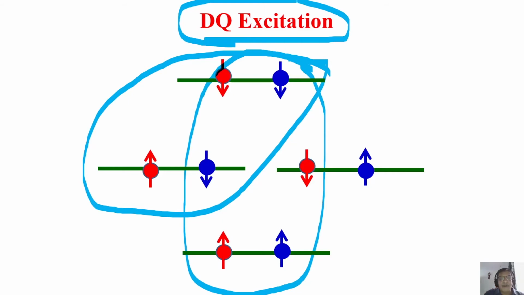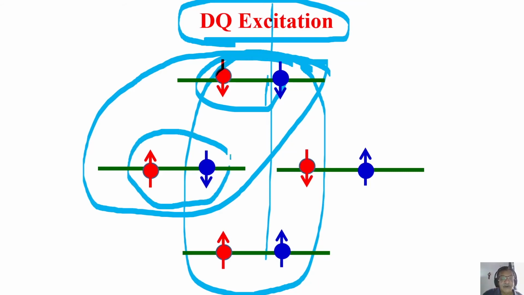But it can happen. Two spins can simultaneously come from beta beta to alpha alpha state. This is called double quantum transitions. If I somehow make the spins go up to double quantum and detect the signal, it is called double quantum excitation. There is a way to detect that. This is a forbidden transition, but we can detect it in some way. Let us not bother about it at the moment.